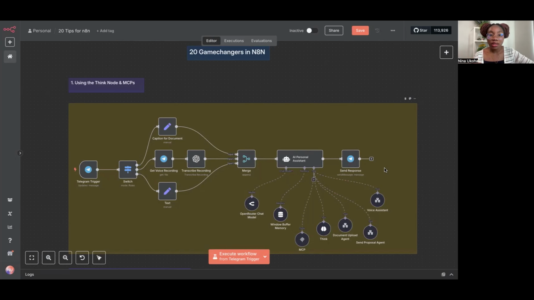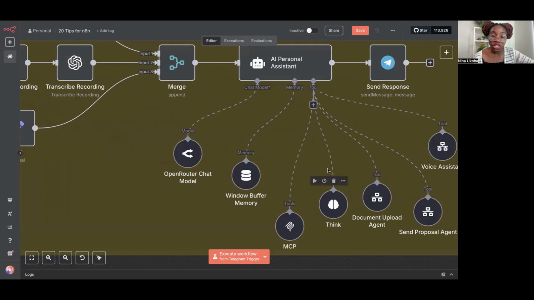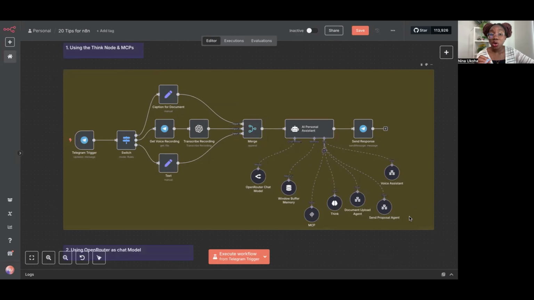So it really helps with the problem solving of the AI agents. So I really recommend using this in your AI agents. It helps a lot. So coming here, we can see our Think tool, which you can just connect to your AI agent. So coming back to